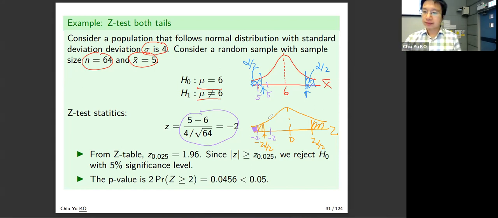Because you don't know which side. Or remember, p-value is just you have to calculate both sides, right? So if you just adjust alpha such that this is just reject, right? So that's why you have to multiply by 2. So the p-value will be 2 times the left-hand side area, which is norm